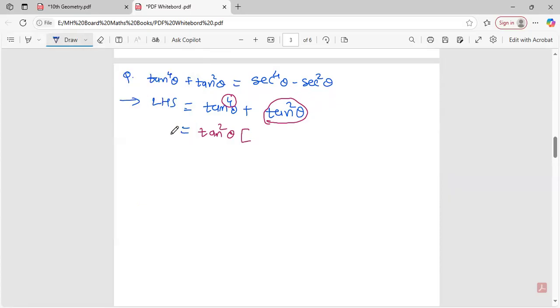Oh, okay, yes. What else remained in the first term? If one tan square theta is removed, then tan square theta remains, and tan square theta is replaced by the normal one. Right. Now we have this minus identity, 1 plus tan square